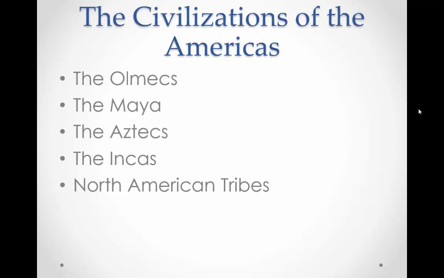So we're going to be skipping quite a bit in time at this point, and we're going to be talking about the civilizations of the Americas, and really some of the groups that were here on the eve of the European discovery. So I wanted to give you the heads up of some of these groups that for sure were here, and they were a larger group than this idea that the Americas were largely uninhabited, and also that the humans here had little effect on their actual surroundings.